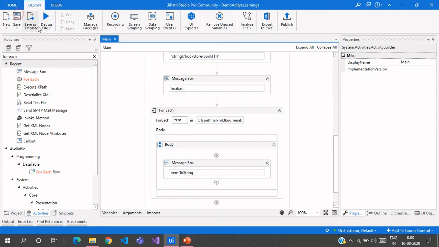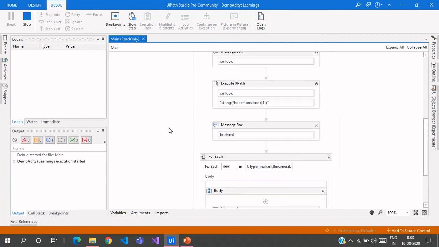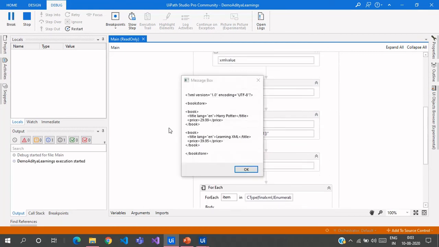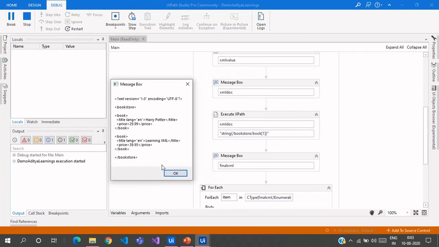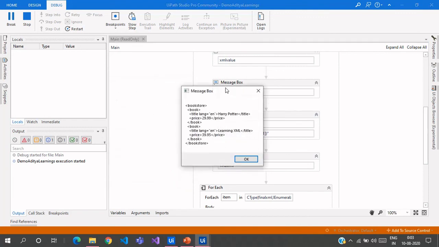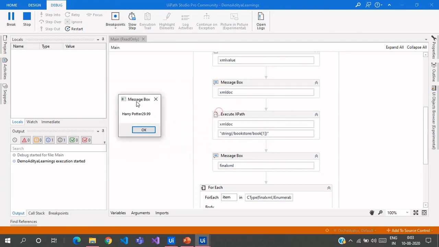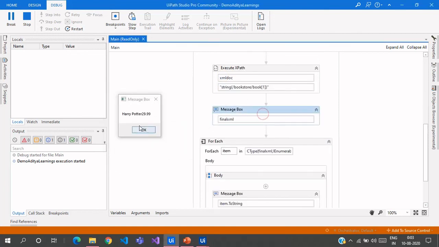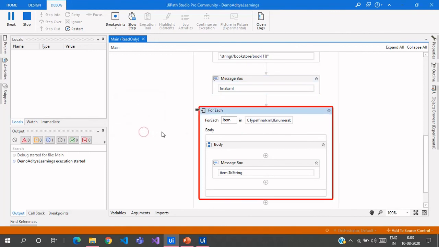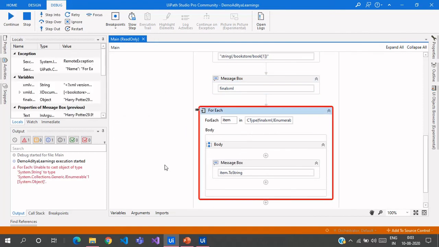So let me save this one and run it again and see what values we are getting from this Execute XPath. This is the initial XML document, and this is the deserialized value which comes from the root node, and now this is the value from the message box, which is Harry Potter 29.99, and there is